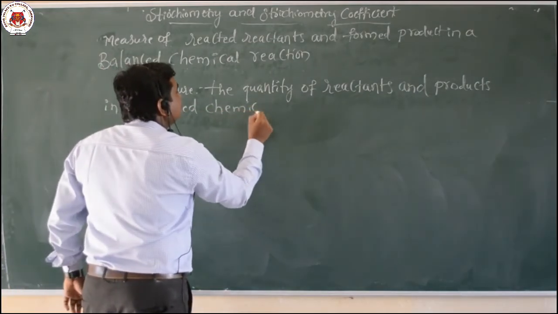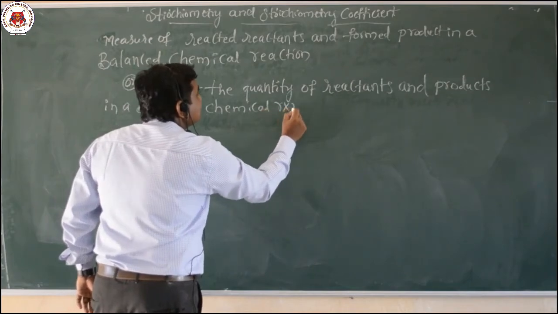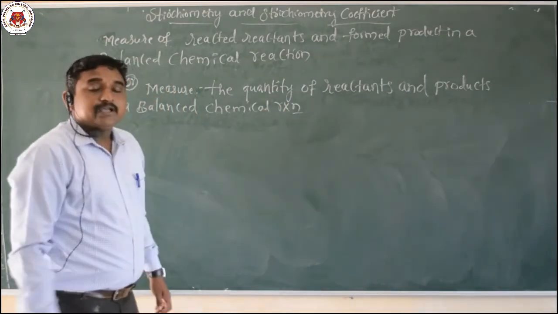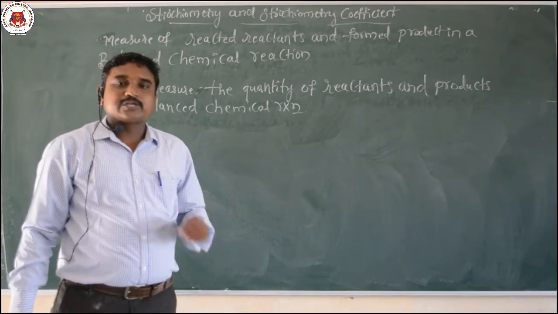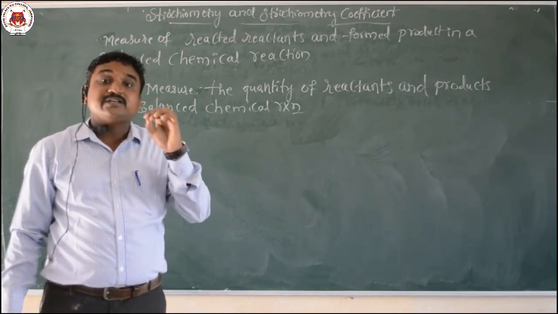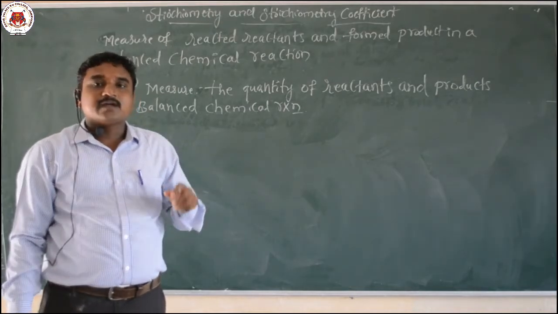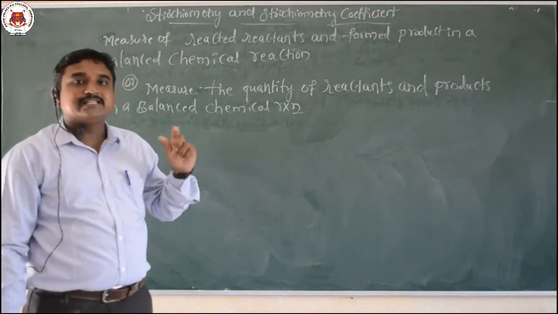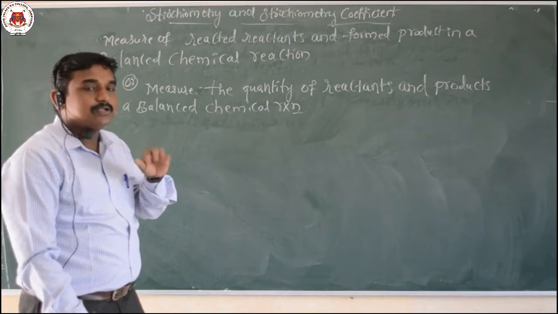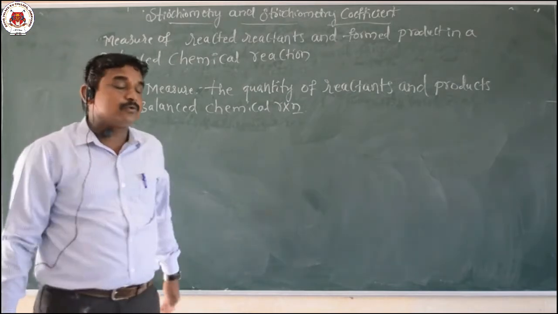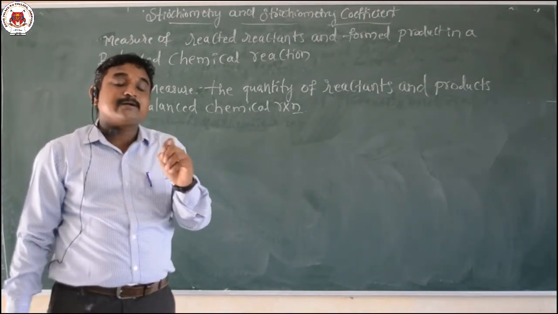That is called stoichiometry or the stoichiometric coefficient. So stoichiometry indicates the proportion of the reactants and products in a balanced chemical reaction. After giving an example, you will come to know the exact meaning of